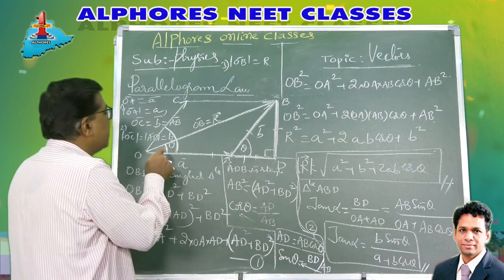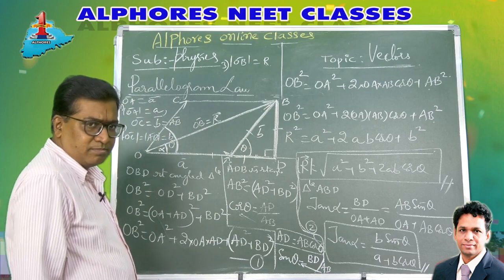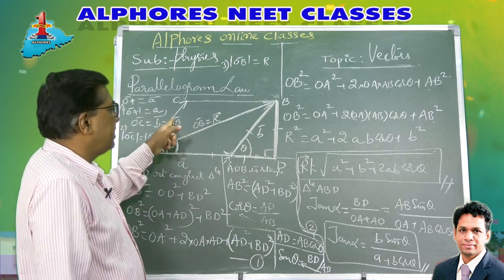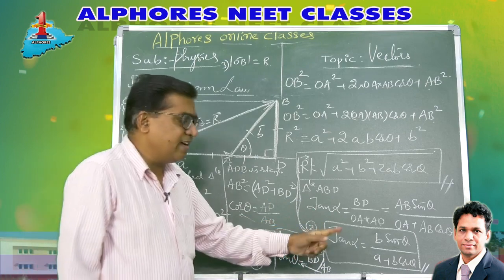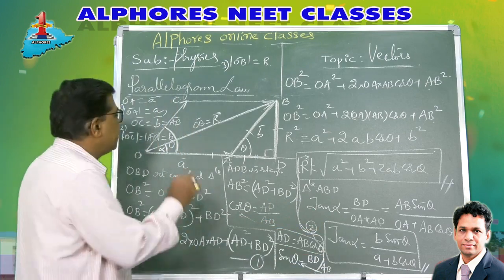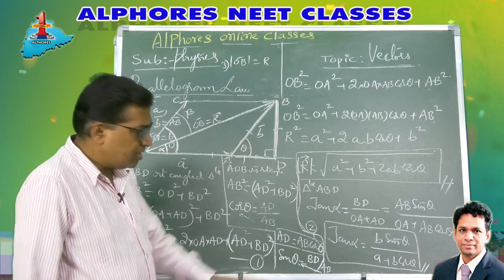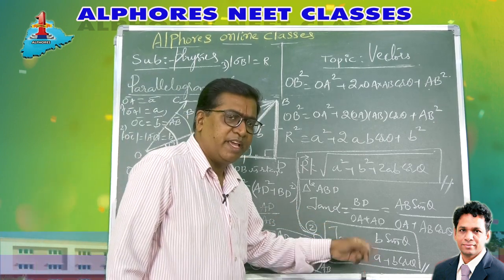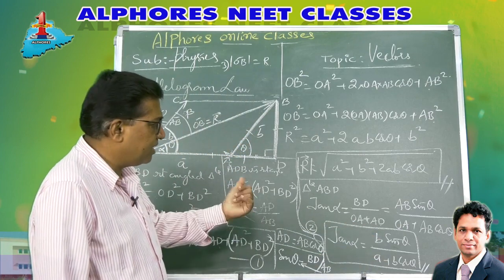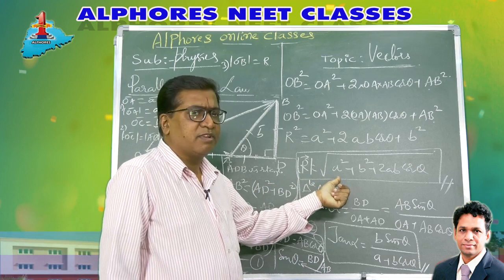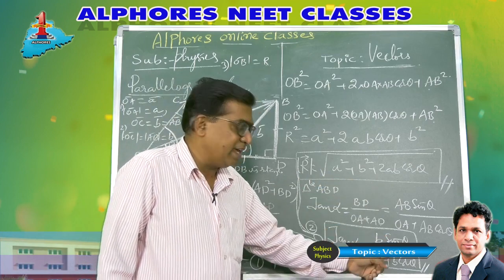Then the direction of the resultant. Now the resultant makes an angle alpha with the first vector A bar. Right? You can even do so by taking the angle with the other one also. Even that is also possible. Just replace. Let the angle made by the resultant vector with the second vector be beta. This angle is beta. Then replace tan beta. Put A in place of B. Put B in place of A. That's all. Right? So tan beta you will get. So magnitude root of A square plus B square plus 2AB cos theta, and direction tan alpha is B sin theta by A plus B cos theta.